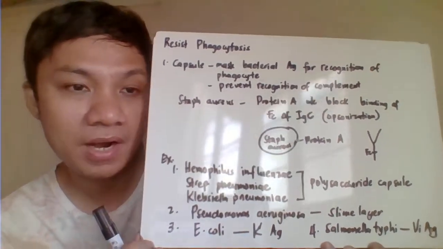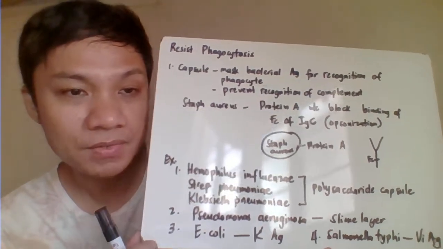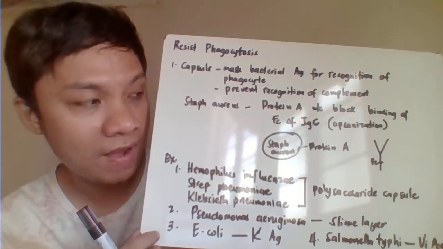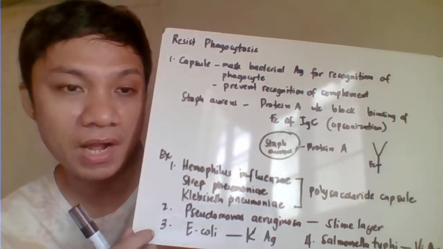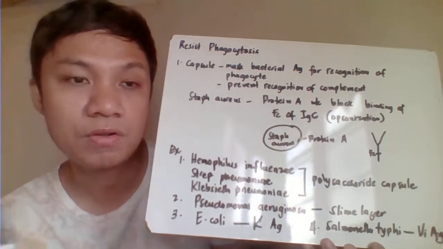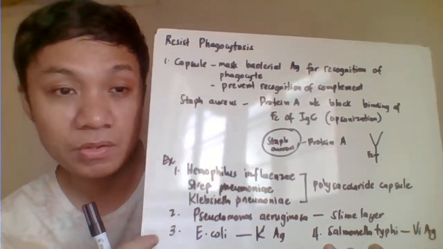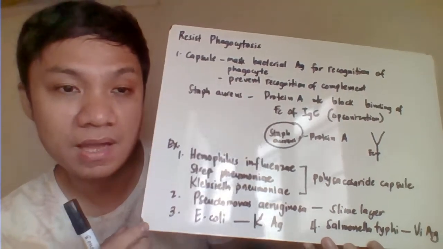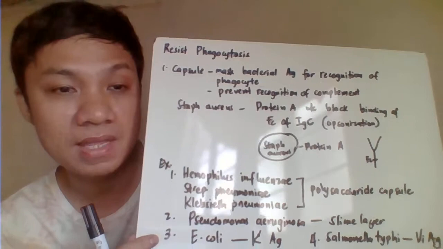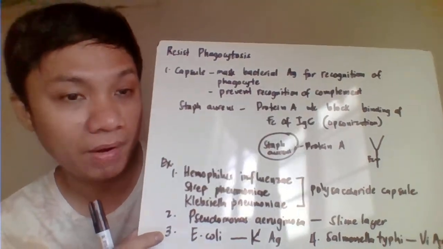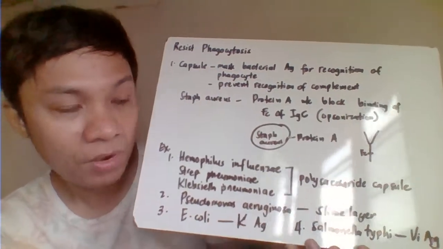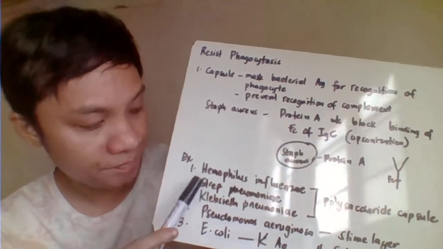In the case of your Staphylococcus aureus, because of protein A, it tries to block the binding of the Fc portion of your IgG antibody, and therefore your IgG antibody could not coat your Staphylococcus aureus, and therefore prevents the recognition of your pathogen by your phagocyte, and it could not be eliminated by our phagocyte. Your capsule here may be in the form of a polysaccharide capsule in the case of your